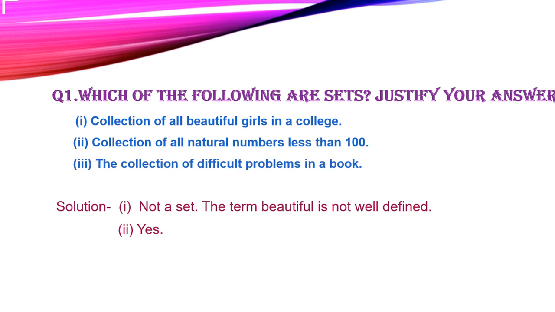Next, the collection of difficult problems in a book. Okay, so here this collection is not a set. Why so? The reason is very simple, because the term difficult is not well defined. Why? Let us suppose some of the problems in a book are difficult for me. But you may say that these problems are very easy. For you these are easy, but for me these are difficult. What's happening here? The term difficult is varying from person to person, right? So the word difficult is not well defined,